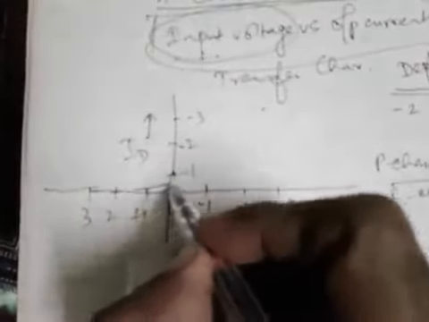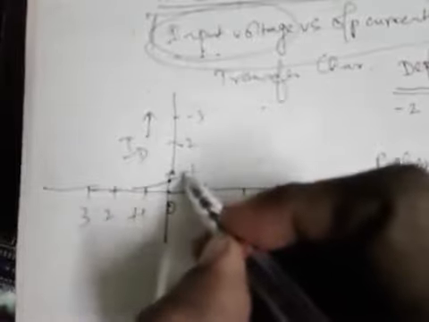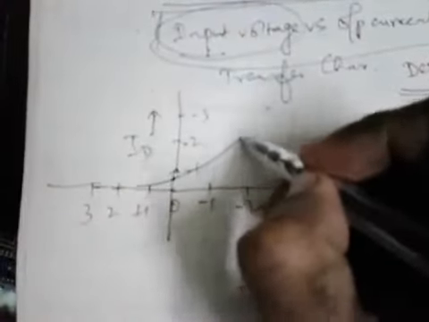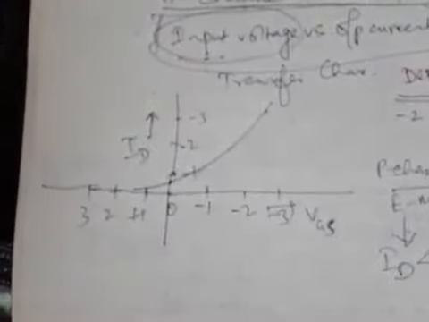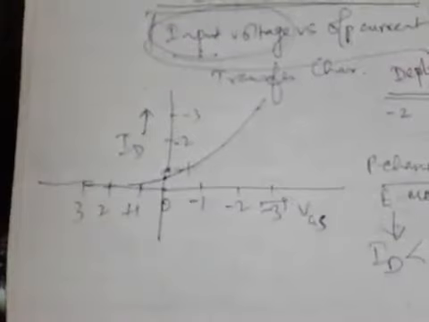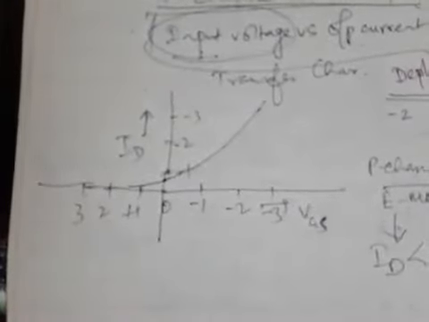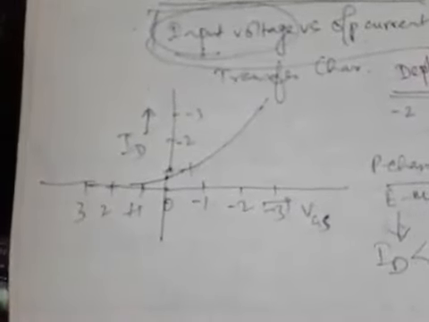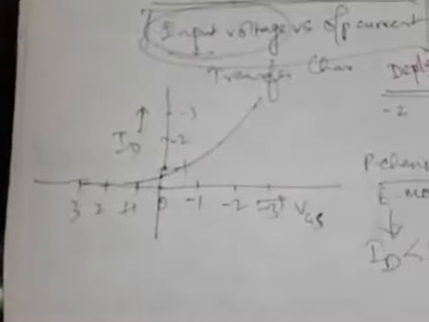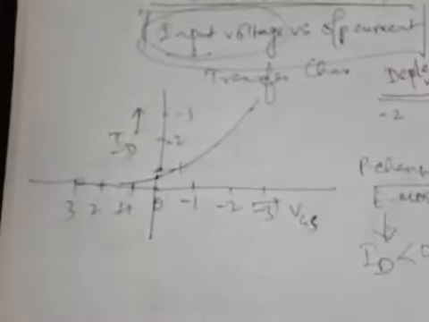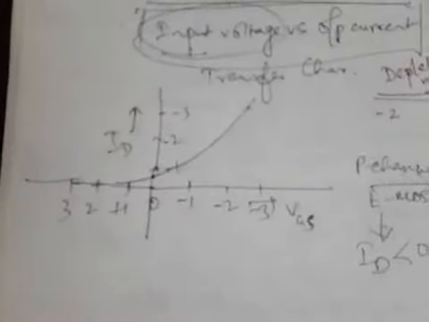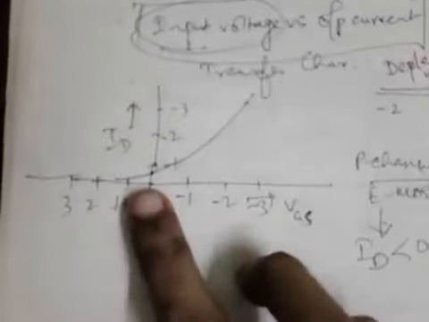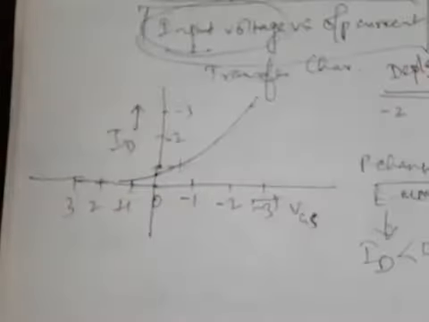It will only start little bit slightly from here, then it will intersect the current axis or the y axis and increase exponentially in the first quadrant. So here also in the P channel MOSFET we can be able to explain the transfer characteristic as well. So here it is evident that the drain current ID at VGS greater than equal to 0 is very small in case of P channel MOSFET.